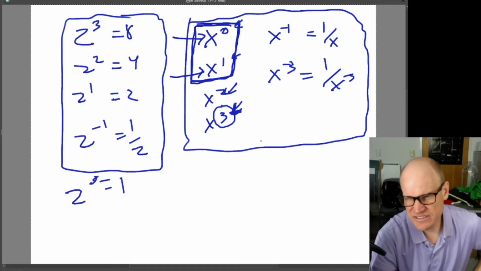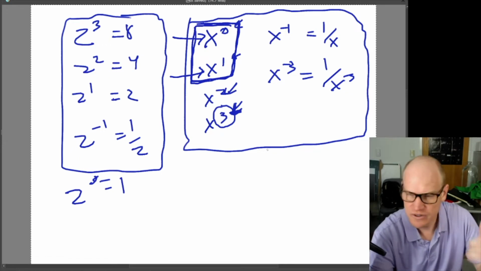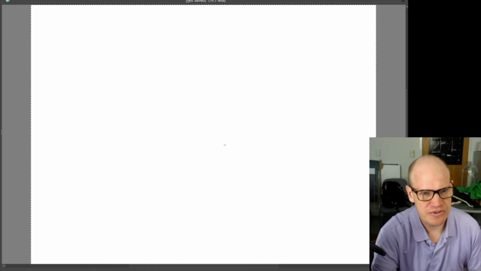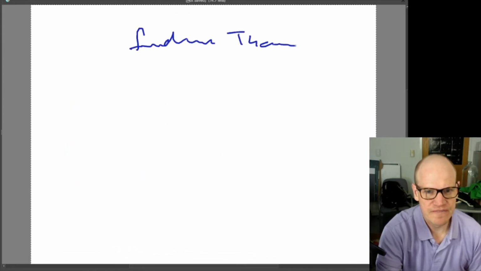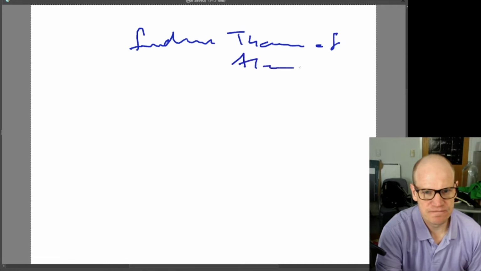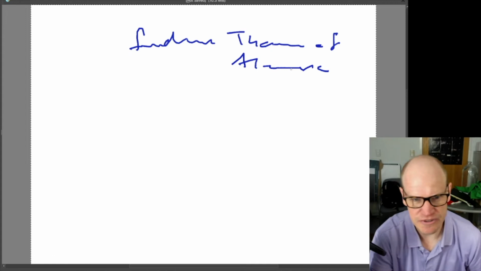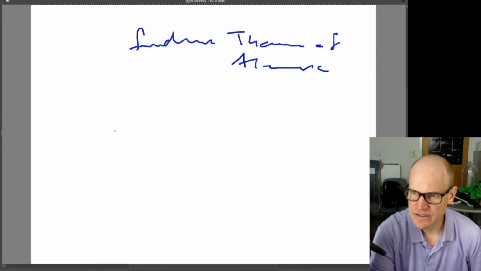One of the things, and I guess this is a good place to bring it up, we'll see it later on: there's a thing called the fundamental theorem of algebra. I know that's kind of hard to read, but that's what it says. The fundamental theorem of algebra says that when you have an equation of a given order,